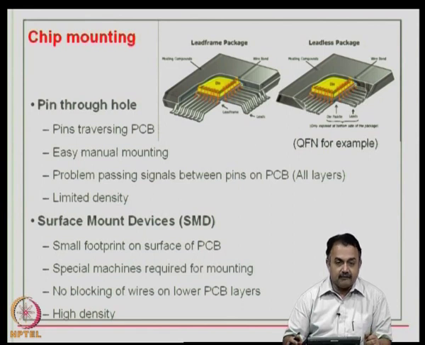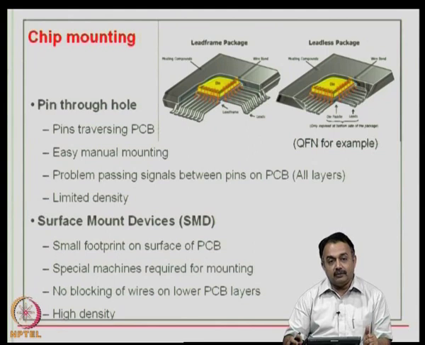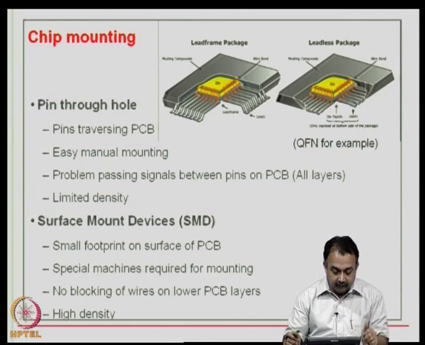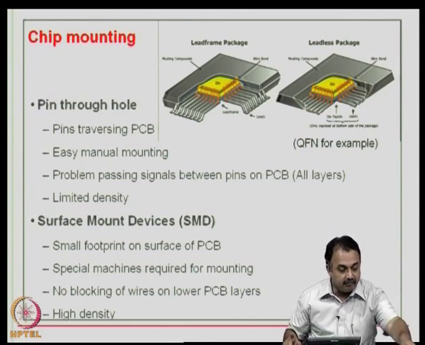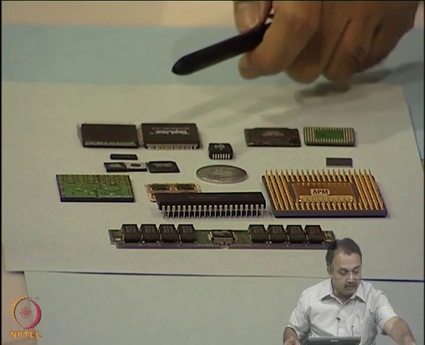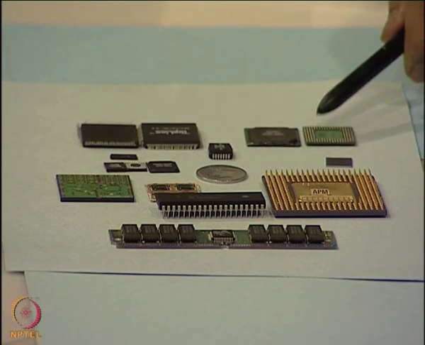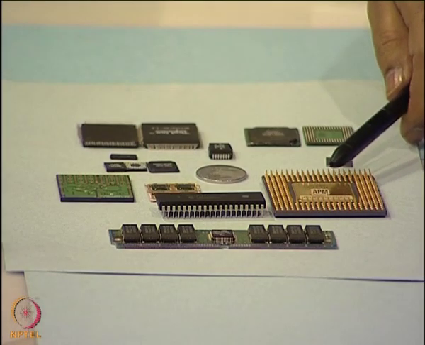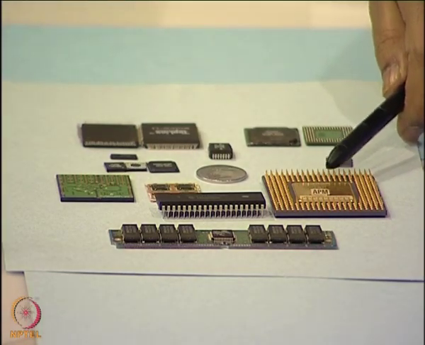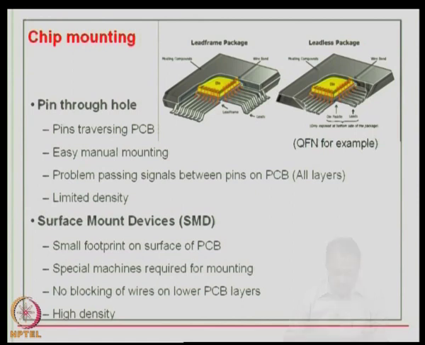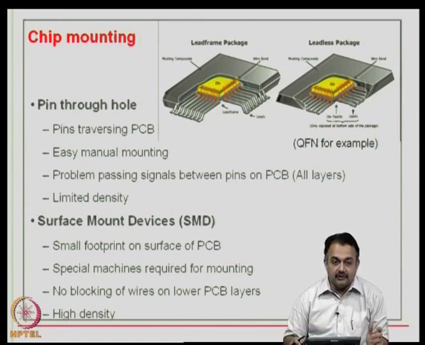Then you can opt for surface mount device, because it has a small footprint and it utilizes only the surface of the PCB rather than going through the PCB. So, typically this kind of package, the QFP or your BGA or your CSP, will be utilizing surface mount technology. Even your pin grid array here utilizes pin through hole technology like your DIP package. Therefore, for this you require special machines for mounting. The assembly technology becomes different,